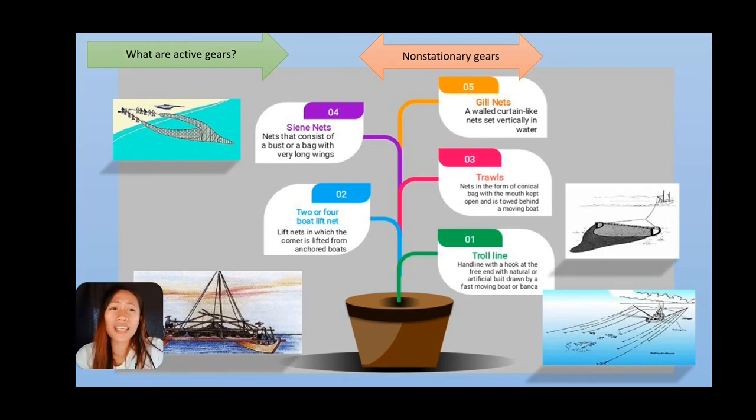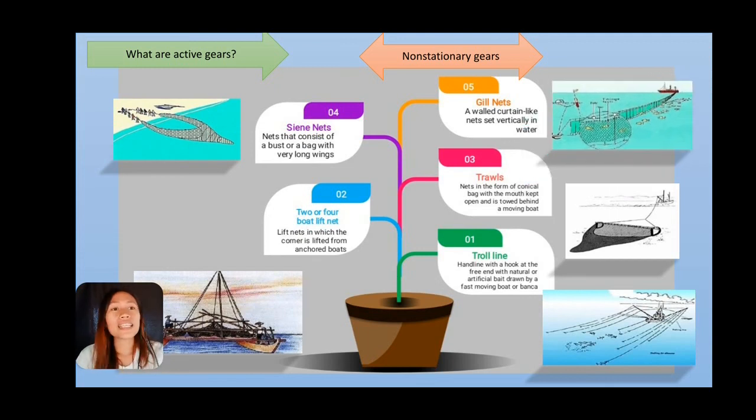And the last one is the gill nets. So a walled curtain-like nets set vertically in the water. So naay nets, kato ganiha long lines is kanang mag-wait ra ka sa imuhang period or sa period nga time nga imong balikon. So kani siya is boat ang gigamit wherein birahon sa boat ang nets kay as you can see there are fishes nga nakuha then dili madaog usa ka tawo.